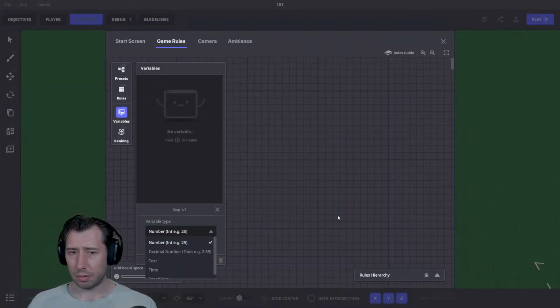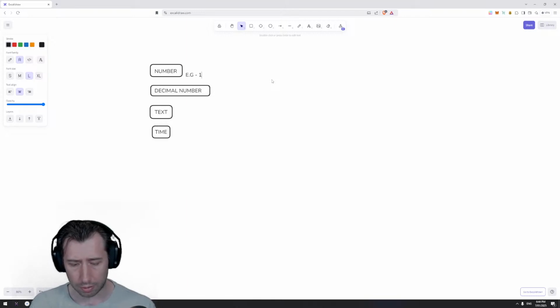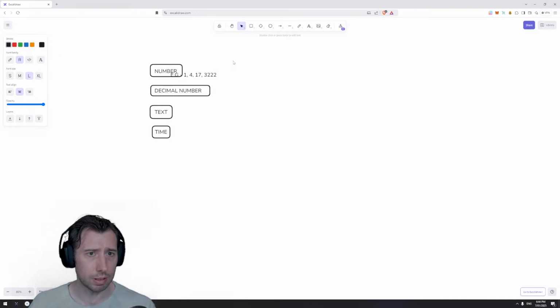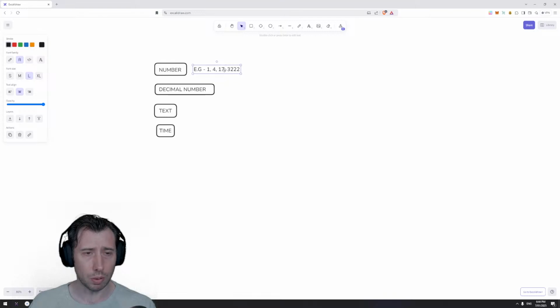Cool. So when we go to create a variable, we can say we want to create a number, and these are whole numbers. Examples would be 1, 4, 17, 233,000, whatever the case is. This is a whole number, and this is where you'll use the number variable